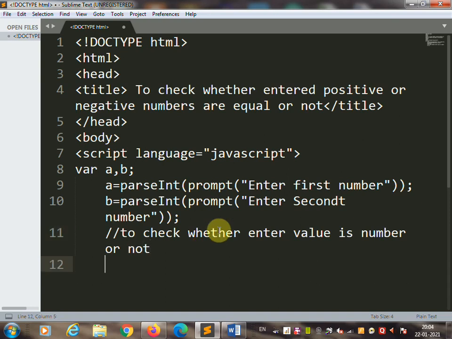Then we'll start the condition. So here we are going to use the if statement. If a less than 0, or a greater than 0, or a is equal to 0.